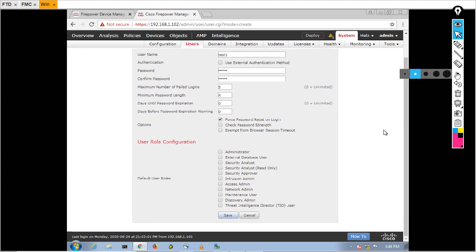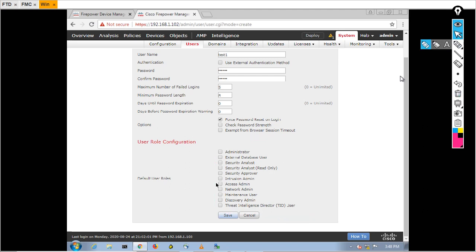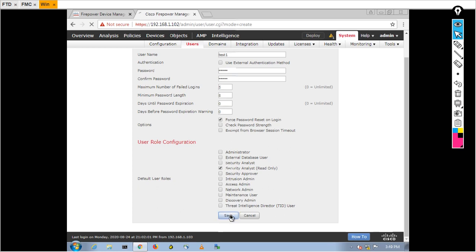Scroll down and you can see here we have these types of roles: user configuration role, administrator, external database, security analyst. So this many roles we have in FMC. I am going to select this read only, click on save.